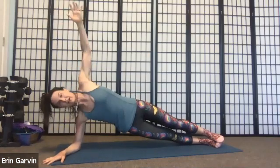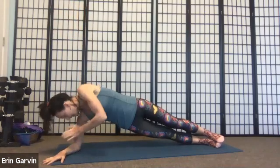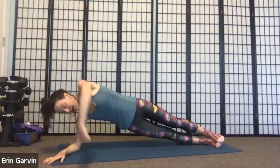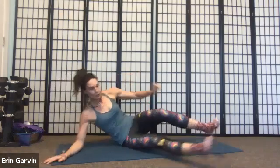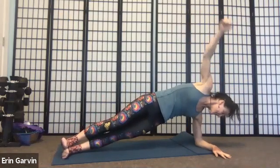4, another way to modify is put the hip or knee down. 6, 7, but look how stable that bottom arm is. 8, 9. Now on the 10th, I'm turning so that I can see you. I'm going to flip. On the inhale, you're going to exhale, rotate. Hips down, stay still. 3,